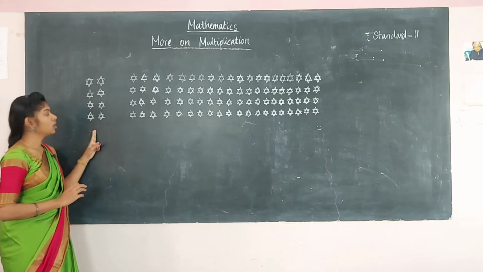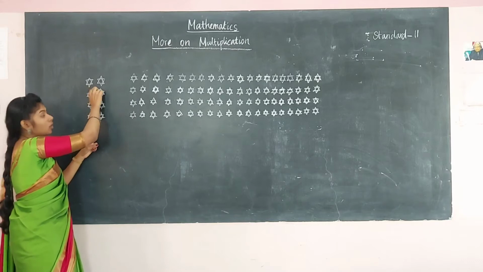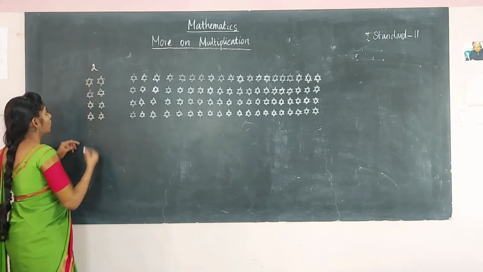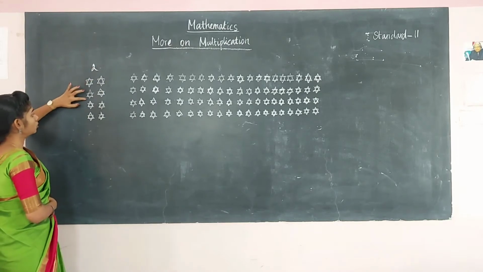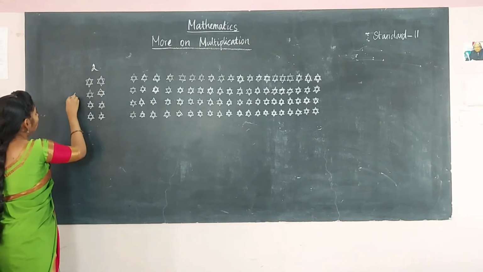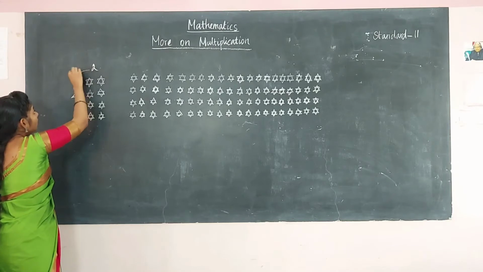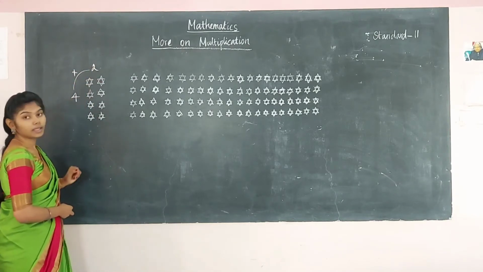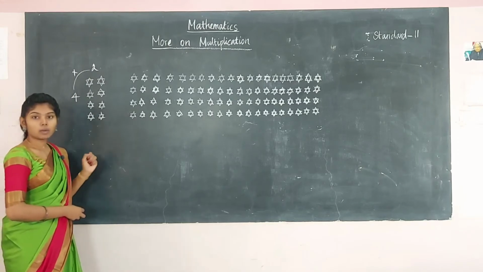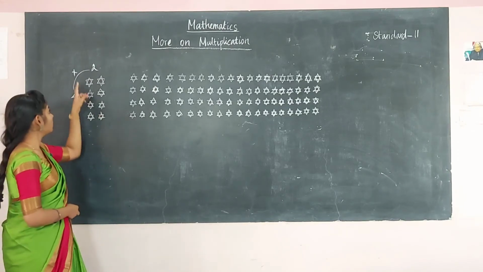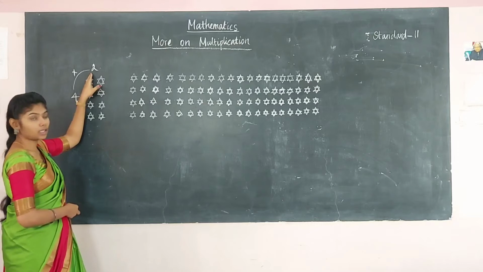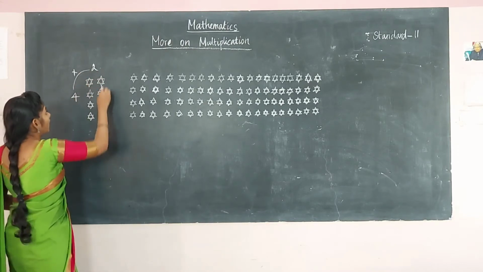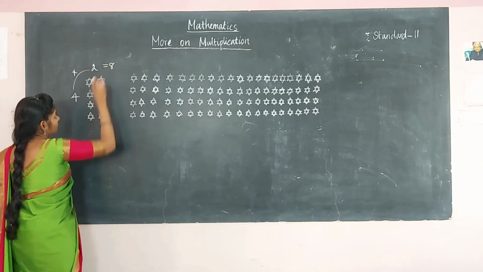You will calculate, right? So here how many rows are there? 2 rows are there. So here we have to write 2. And how many columns? 1, 2, 3, 4. So 4 columns. Now you have to multiply 4 and 2. So the answer is 4 2s are 8. You have learnt multiplication tables up to the 10th table. Here we are writing the second table. 4 2s are 8 or 2 4s are 8. So the answer for this is 8.